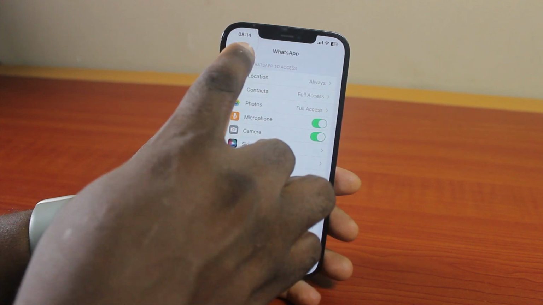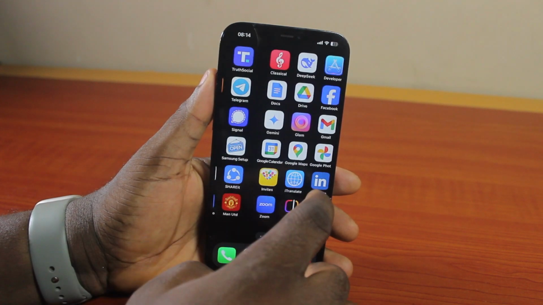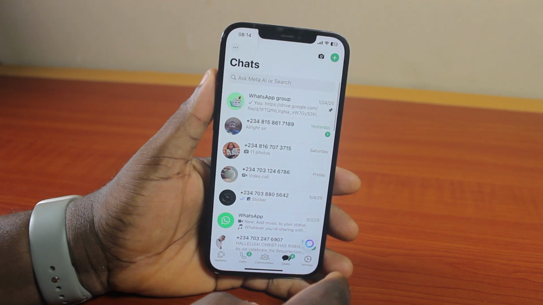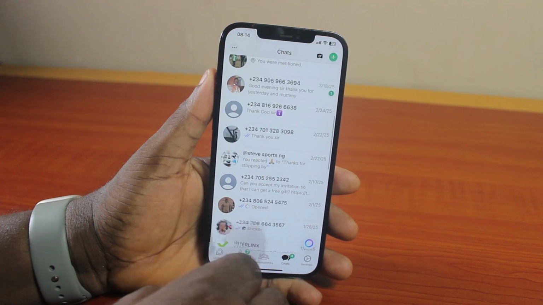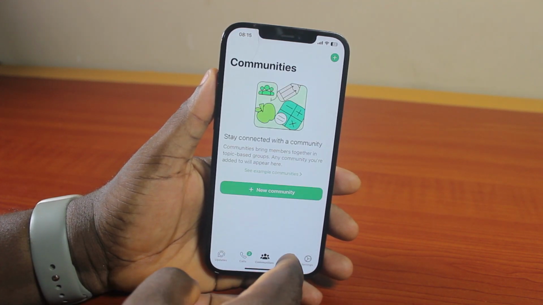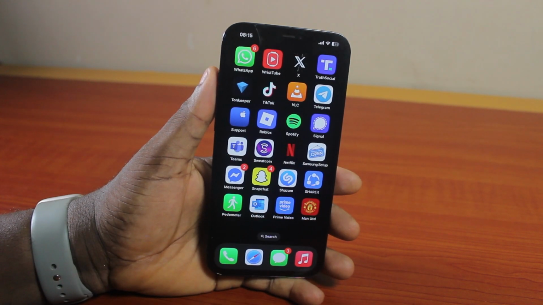Then that is it. Now, if you go back to your WhatsApp on your iPhone and then open it on the chat page, you should have access to all your contacts on your WhatsApp like this. If you go to Calls, Updates, then your contacts will be accessible on the WhatsApp application. So that's exactly how to allow